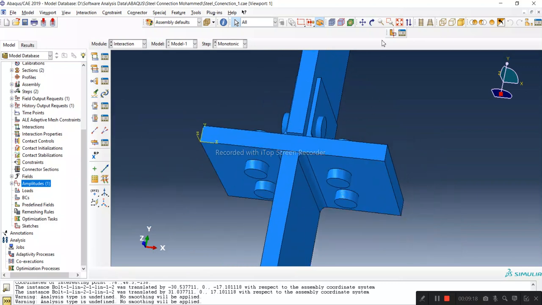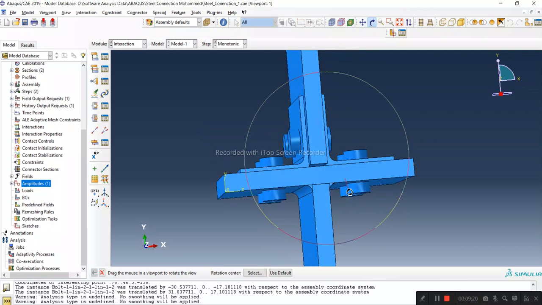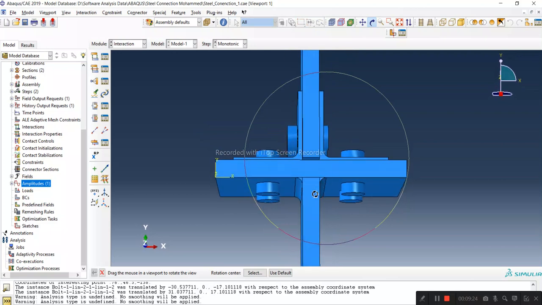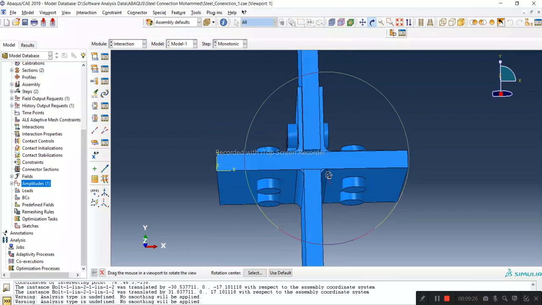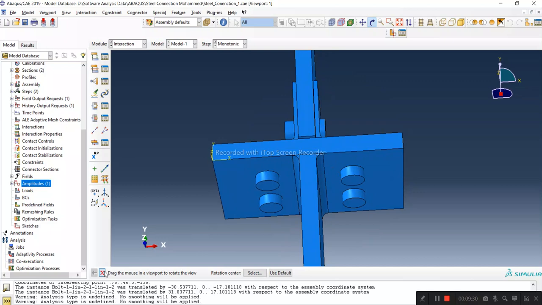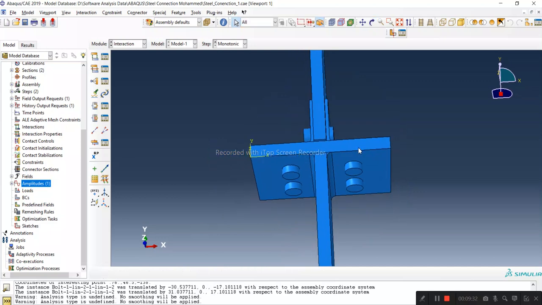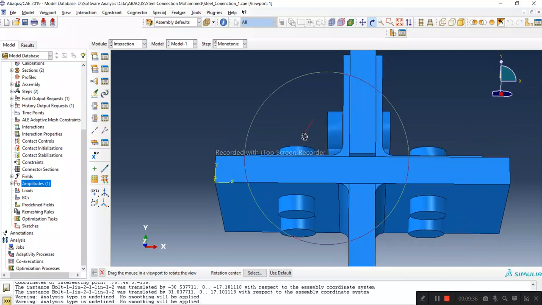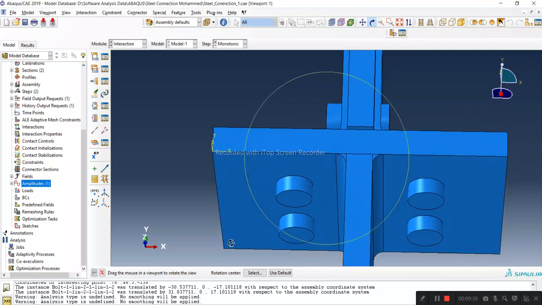Both of them are fine, but let me see what option do we have. Let's first try the entire surfaces, because the problem with other surfaces here is that you need to have